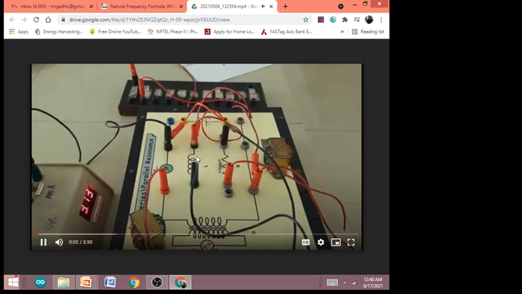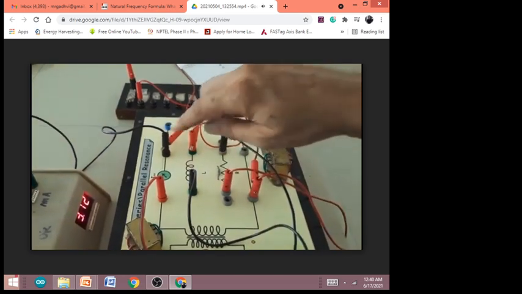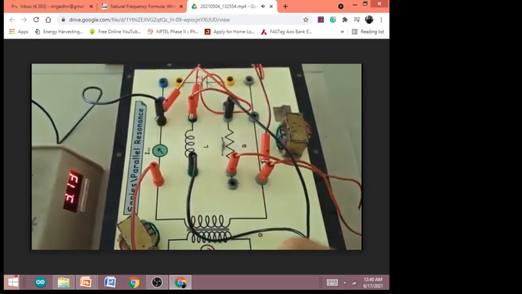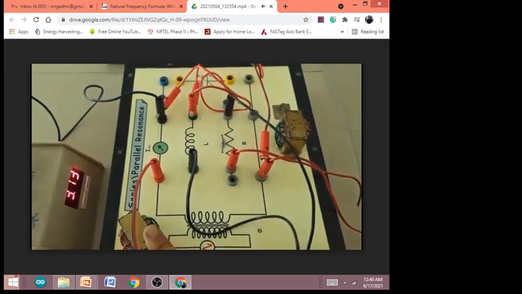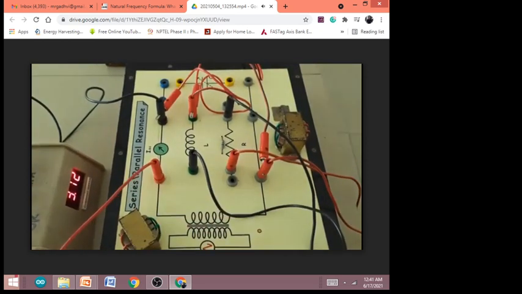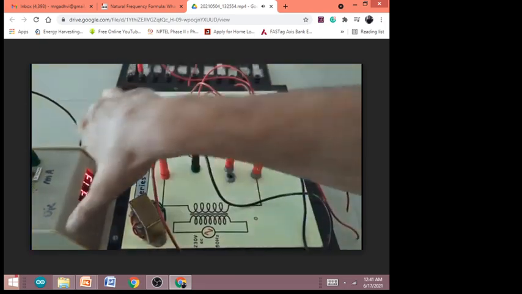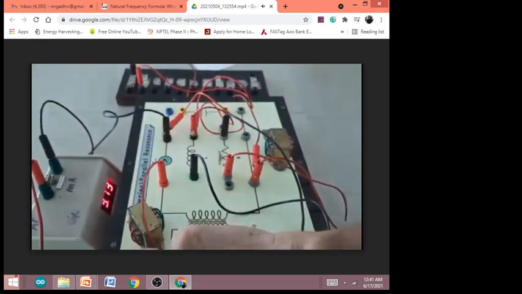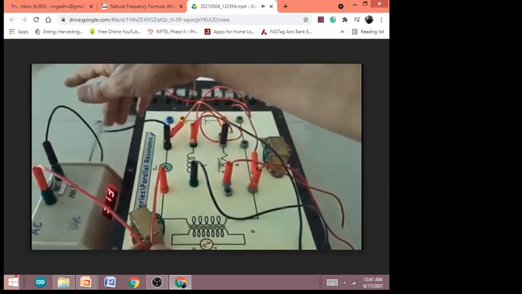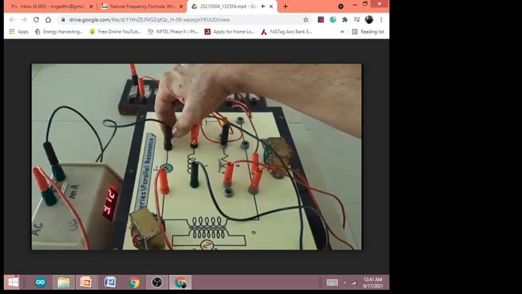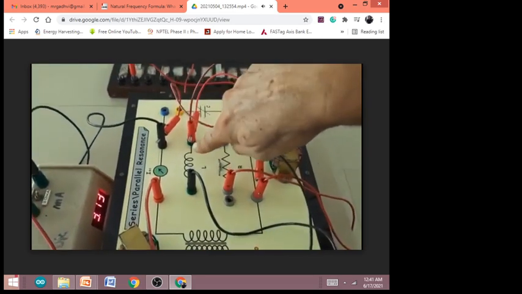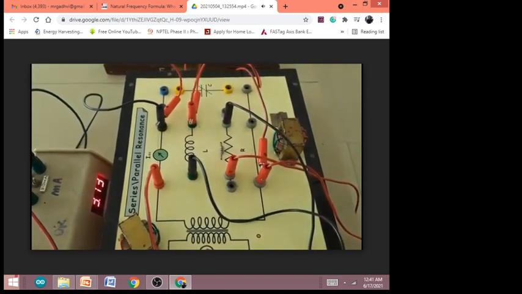Hi friends, this is the experiment for the parallel resonance experiment, where the circuit is connected like this. The supply, that is a transformer, is connected to meter, so I am connecting a meter. This meter is connecting via this wire as well as this wire. Thereafter the meter will go to the inductor, so I am connecting to the inductor. So this is here,